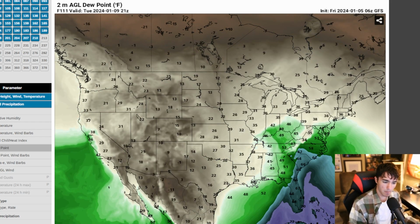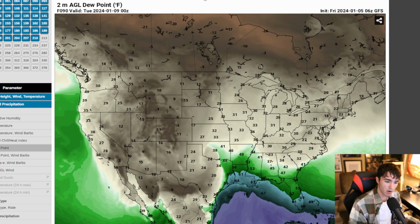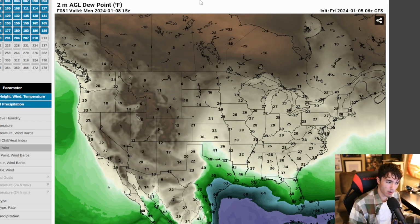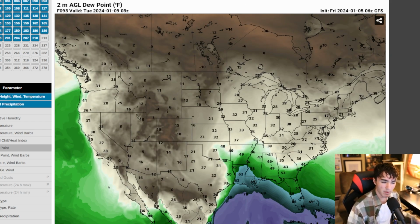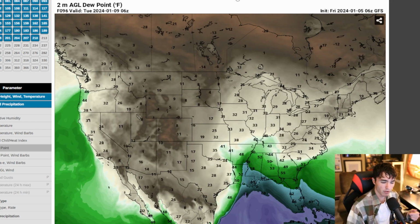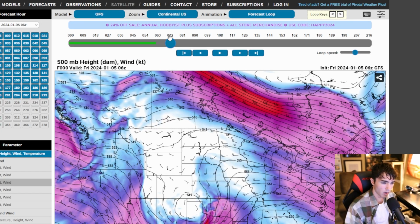So it's kind of a concerning look that we have right now. I always try and stay conservative with my severe weather outlooks, but this one could be really significant. I think a big nasty line of severe thunderstorms could be apparent, but that's way too far out. Just from what I've been seeing, we'll have more information on this whenever the CAMs and the convection-allowing models come out. Right now, it's still a little bit too far out, but just taking a look at the 500